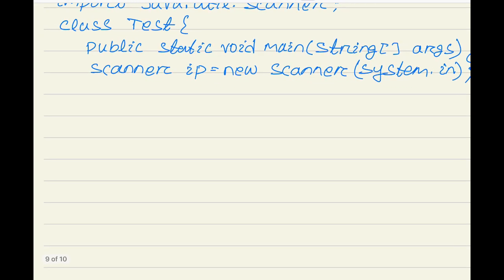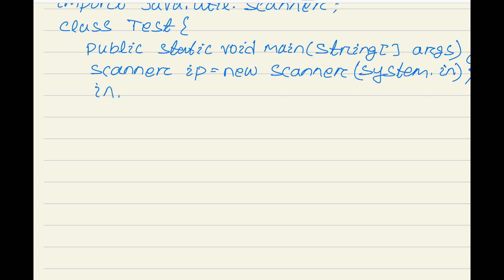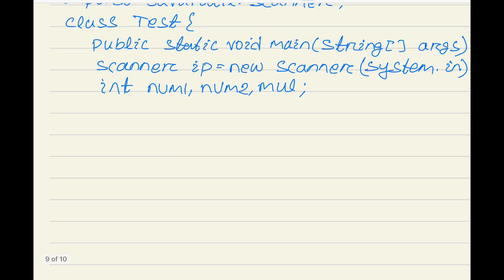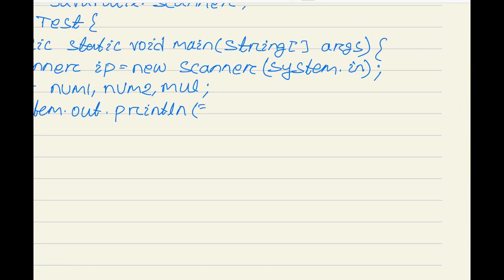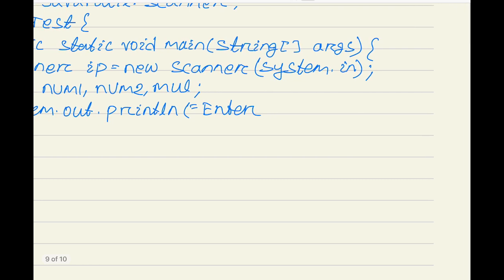Then we can take three variables, int num1, num2 and mul. Now we can write System.out.println("Enter first number").